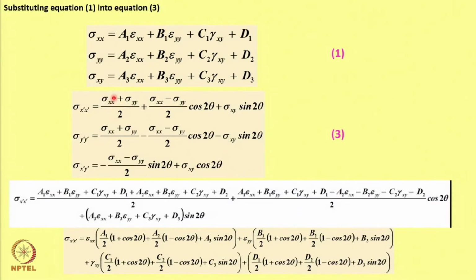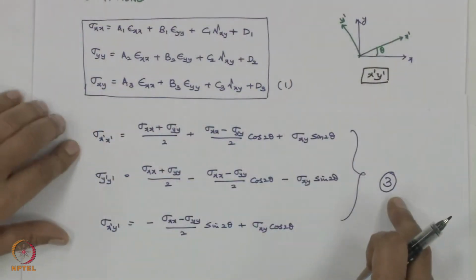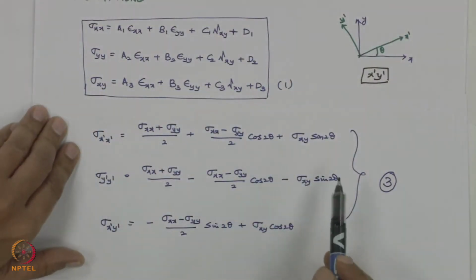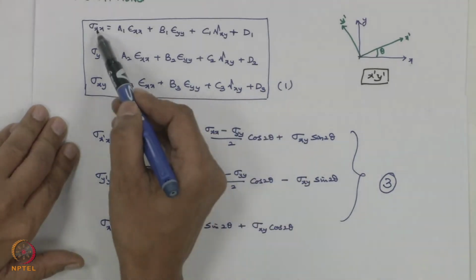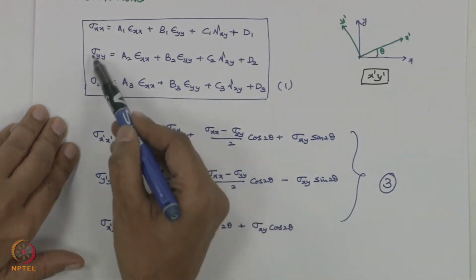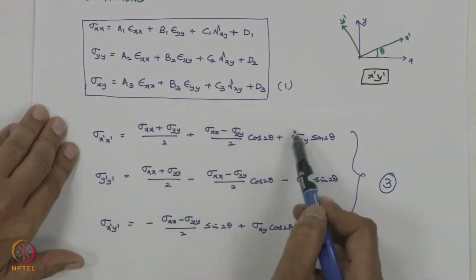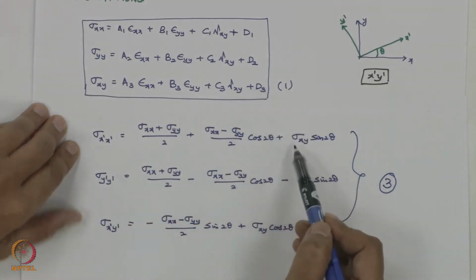That is, for sigma xx I will substitute this, sigma yy I will substitute this, and sigma xy I will substitute this equation. If I have to retell you the same thing, I am having 1 and 3 here. So I will substitute for sigma xx from this term, sigma yy this term, and sigma xy the whole of this. When I substitute that,